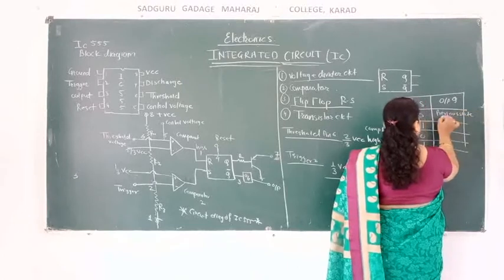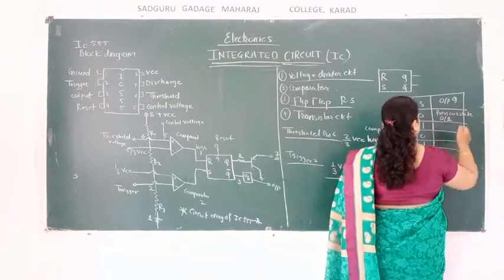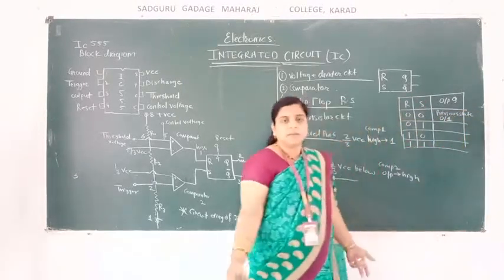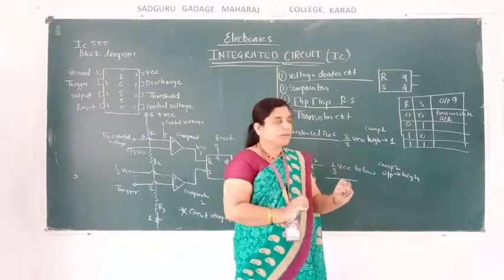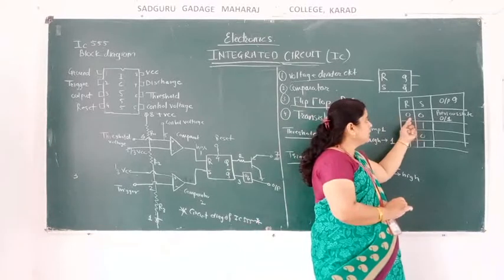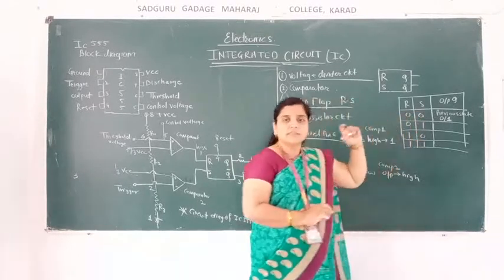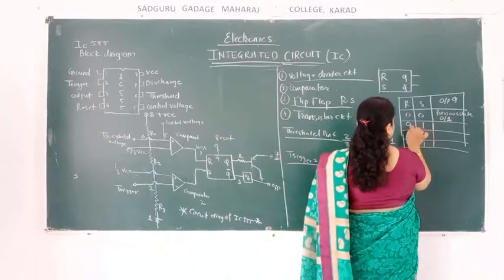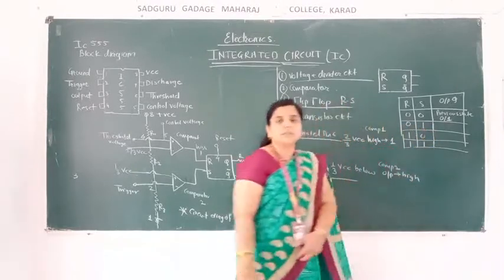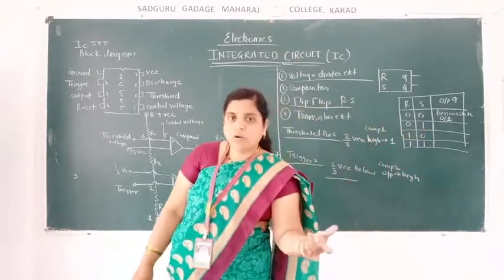It will be in the previous state, either 0 or 1. Maybe what is the previous state, it will remain as it is. Okay, if flip-flops are in the 0 condition. Okay, so if one of the flip-flops is 0 or one of the flip-flops